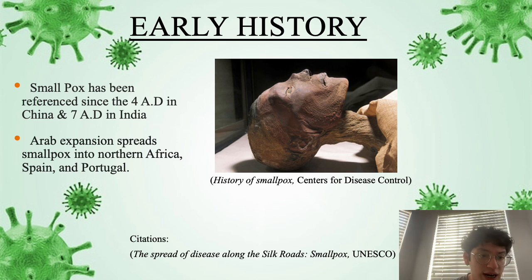Smallpox is a highly contagious disease caused by the Variola virus, known for producing pus-filled sores on the skin. It spread mostly through direct contact with an infected person or contaminated items, such as clothing and bedding. Although the exact origins of smallpox remain unclear, archaeological evidence, including mummified remains from ancient Egypt, suggests